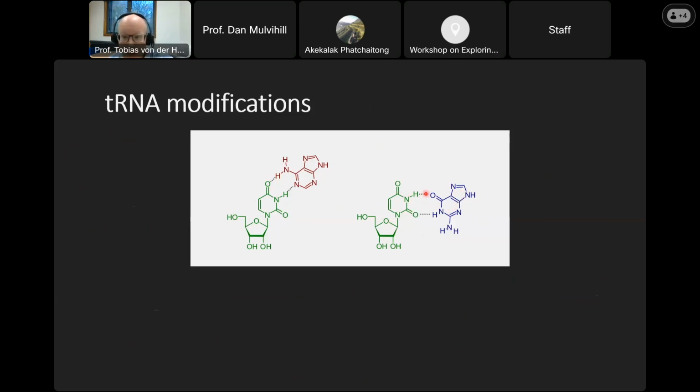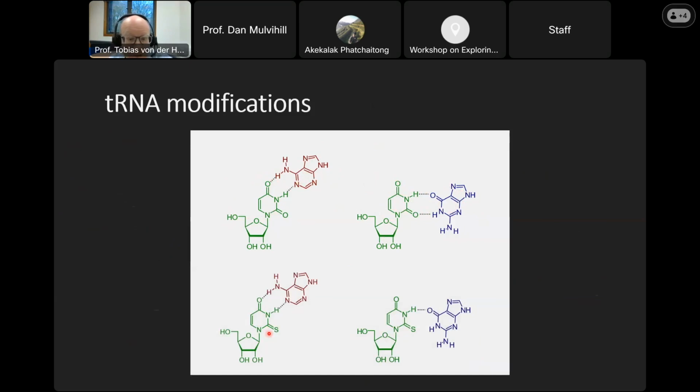So this base pairing doesn't happen via the normal Watson-Crick phase, such as the UA base pair you're familiar with, but in the UG base pair, there's a different phase of the base being used. So one of the modifications that exists to uridine is this 2-thiouridine modification. This oxygen is replaced by a sulfur atom, and this modified uridine can base pair with adenine in